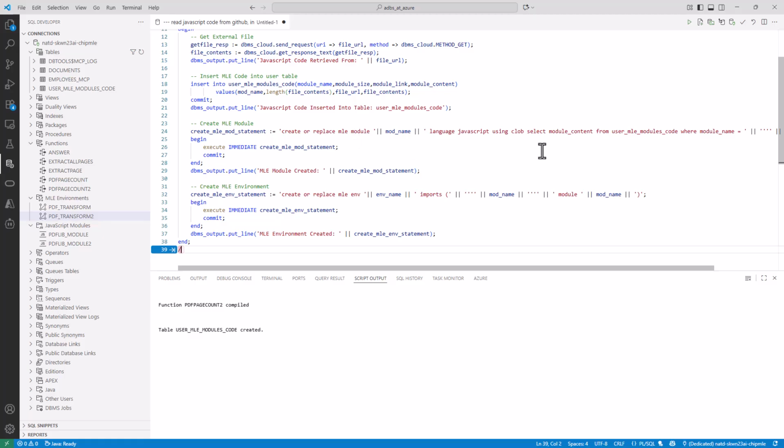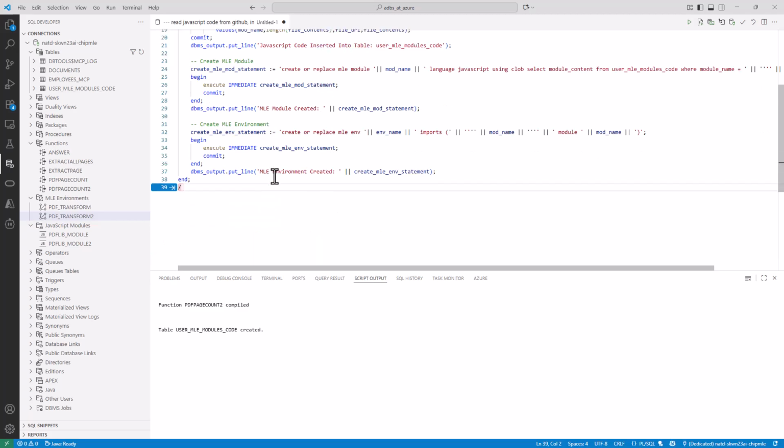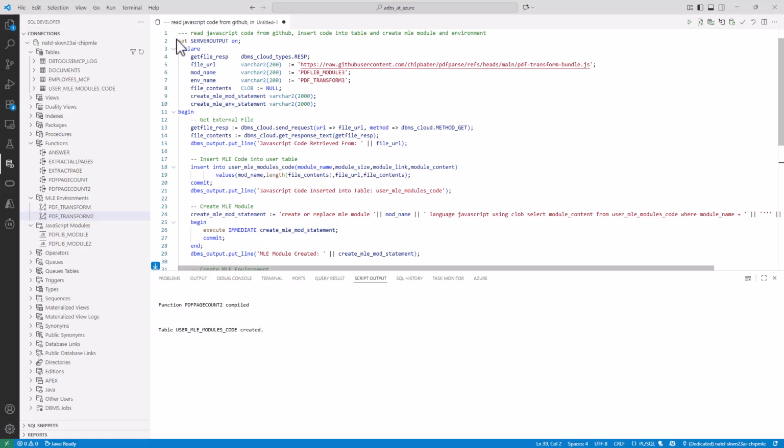How that works is you have to select the CLOB that stores the JavaScript code from another table in your schema, and then it'll create the module off of that. Once the module is created, we'll create or replace an MLE environment using that module, and then we're ready to create a function. So if we run this script,